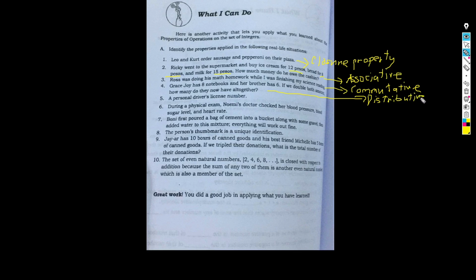You just write the word property, okay? This is distributive property. Next, a personal driver's license. Okay, number. If you have your personal driver's license, like my number, it starts with L 3 4 5 6. For example, this is the personal driver's license,